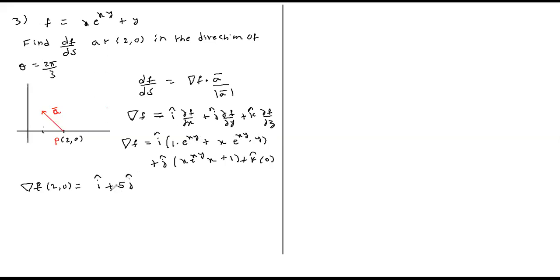So we got the gradient. What you require is the direction, but the direction is not given in terms of a vector. Direction is given as an angle, theta equal to 2 pi by 3. So how do you find this vector a bar? I want the direction. Without changing the magnitude and direction, I can bring this vector from here to anywhere. Do you agree? I can bring this vector from here to here also.